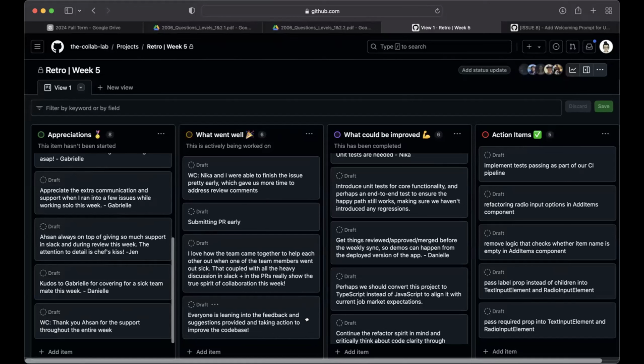Awesome. This last one is mine. I said everyone's leaning into the feedback and suggestions provided and taking actions to improve the code base. Again, thank you for being open to refactoring code and changing things, even though it's not code that you directly worked with. I know this is very specific to Nika and Warren, where you guys refactored some code and extracted some components, and then you're getting all this feedback on work that wasn't really related to your work,